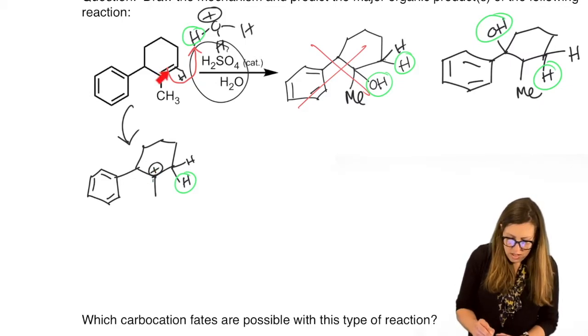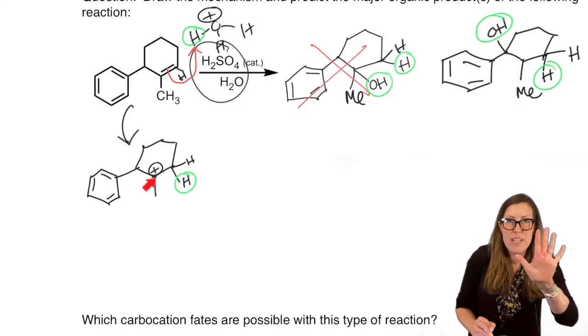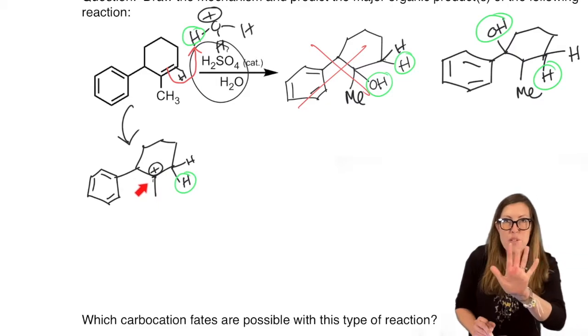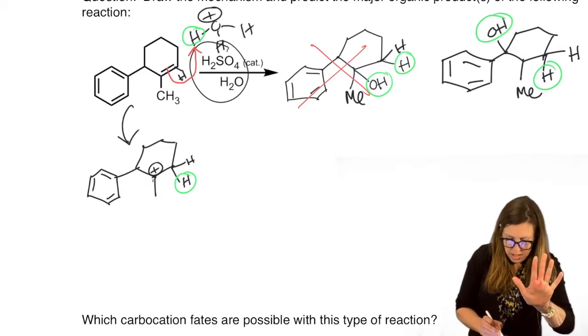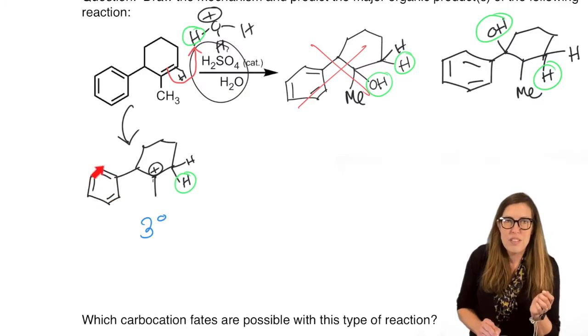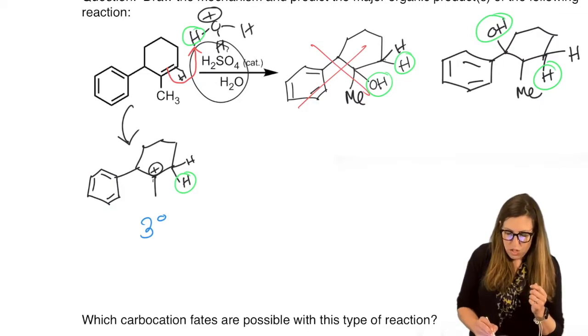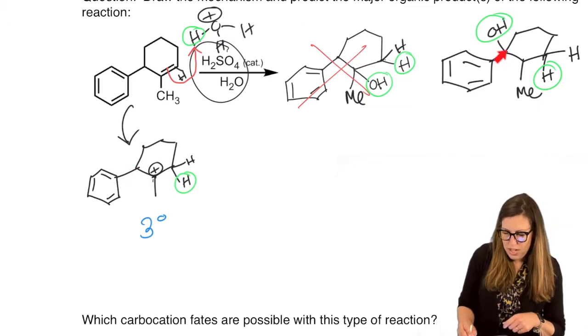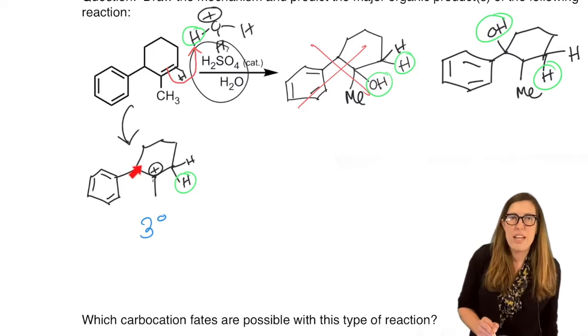So here's our carbocation intermediate. Now you always stop. It's a carbocation. Before you do the next step, can it rearrange? Well, it is tertiary. What's better than tertiary? Tertiary with resonance. And we've got to watch out because we have pi bonds nearby. So if I actually can manage to get it over here, which I know my answer had it here, that means I must have had the carbocation here. And if I manage to get it over here, it will not only be tertiary, it'll be tertiary with resonance. So how can I make that happen?